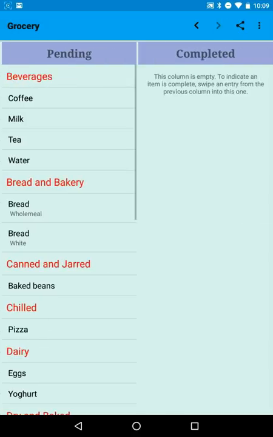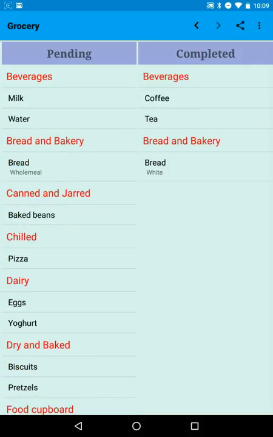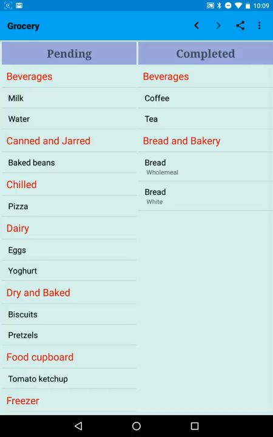I'll scroll the display again. And as we put items into our basket, so we can swipe them across. And you keep going until the pending column is empty. At this point, I'd like to point out another command, which is the share command. There is an icon on the toolbar. It's the second one from the right. If I tap that,